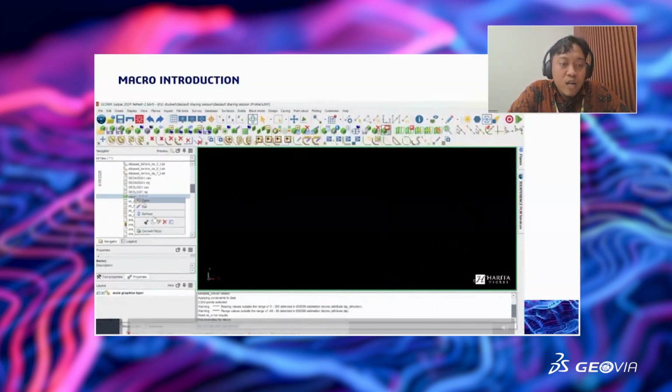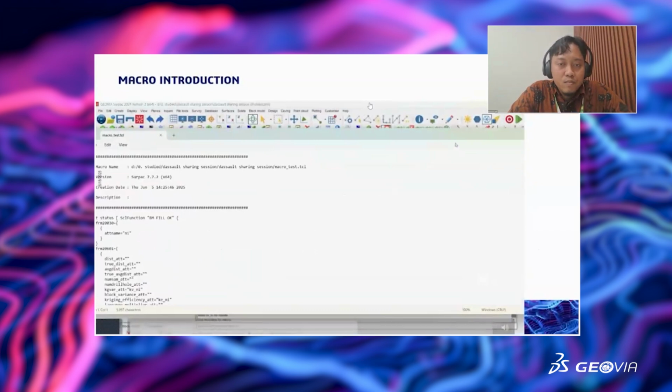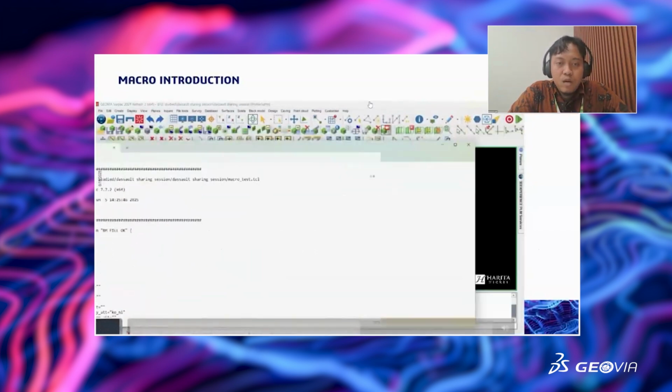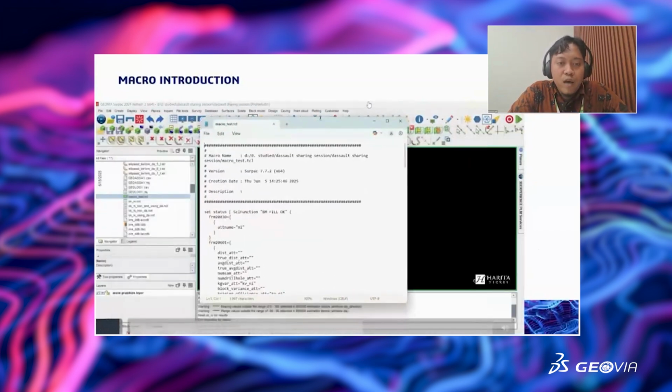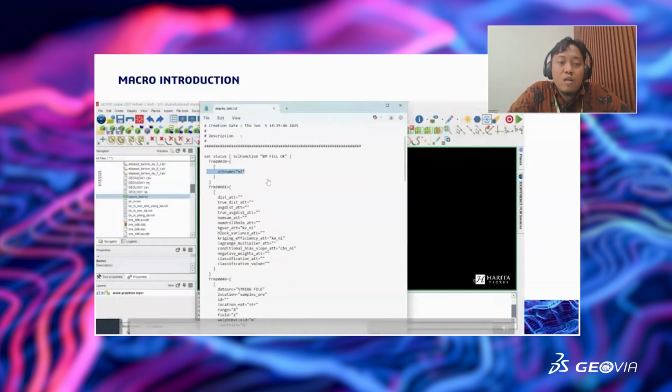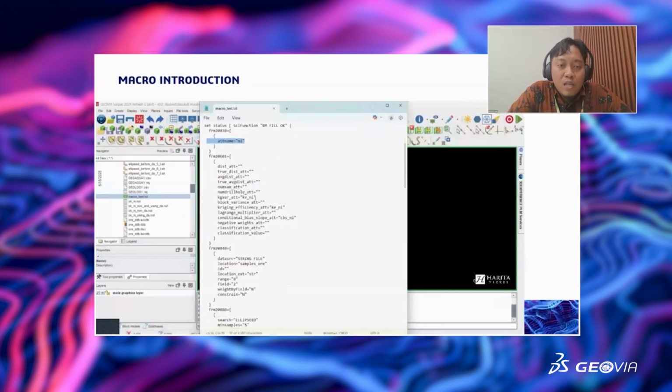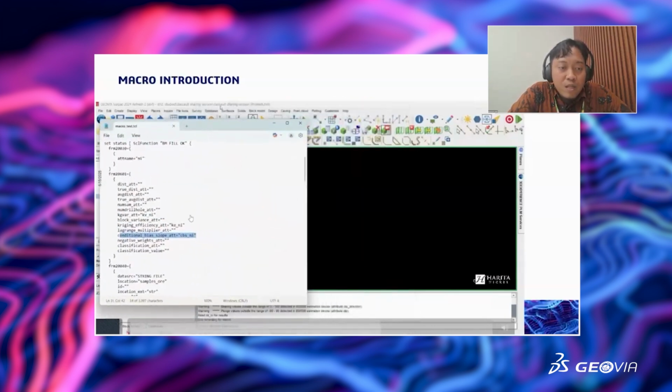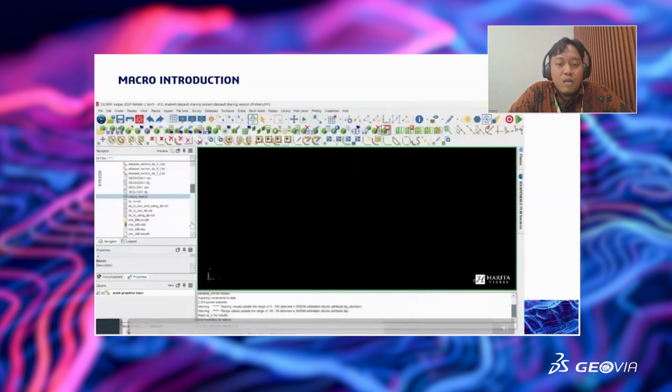Then just end your macro, and it will produce the TCL file here with the name macro test. Just right click and edit to show our macro file. This is our macro file using TCL, and the macro has recorded my attribute, nickel grade in this case, and the Kriging efficiency and Kriging parameters that we defined here.